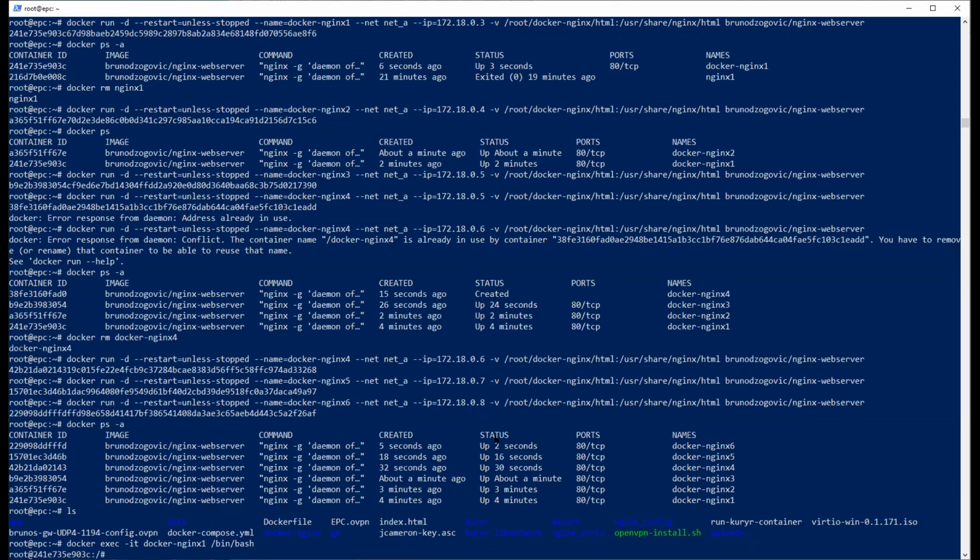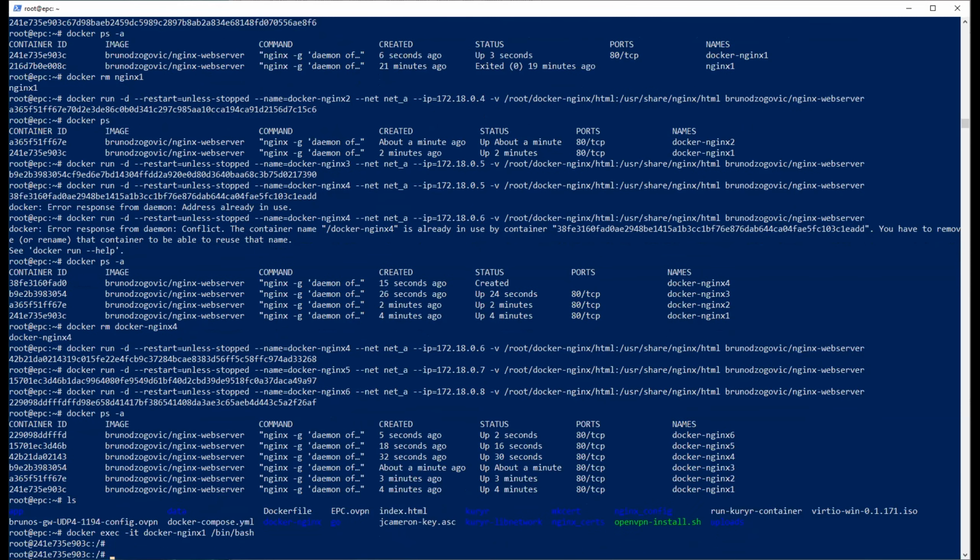Now we are in the container. So you see, we don't have a host name of the container, but the host name is the actual ID of the container. So this is how the containers recognize each other. The ID is a generic way. You can change this, of course. There is a way you can assign host name when you run this. You can add host name, you can add FQDN. There's literally everything possible. But for the sake of simplicity, we're keeping it to IP addresses, so you can see what's going on.